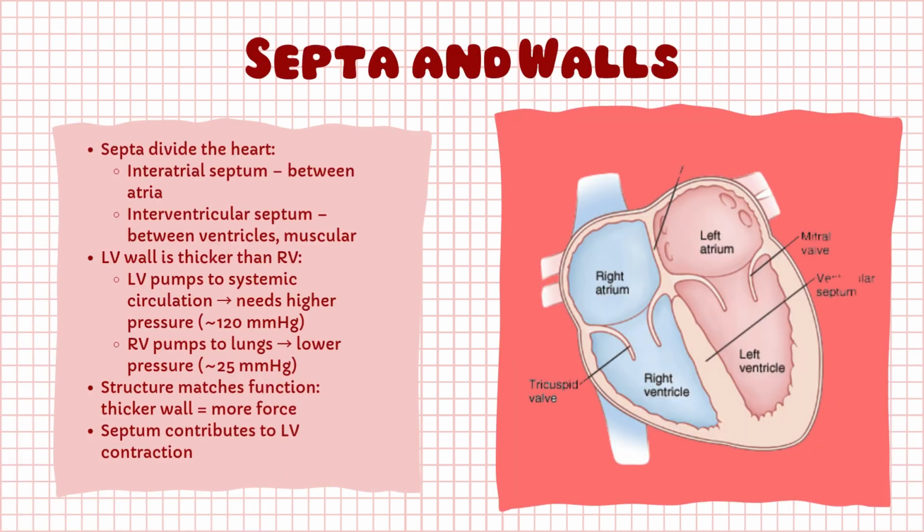Separating the left and right sides of the heart are septa. The interatrial septum, between the atria. The interventricular septum, which is thick and muscular, assisting the left ventricle in contraction. And remember, wall thickness reflects function. The left ventricle must generate around 120 mm of mercury of pressure. The right ventricle only needs about 25 mm of mercury to reach the lungs. This difference explains why diseases affecting the left heart, like hypertrophy or valve stenosis, have such a dramatic effect on